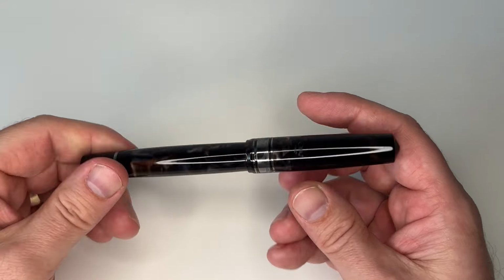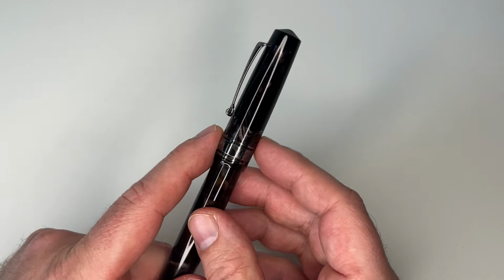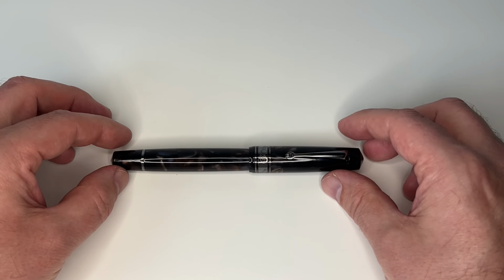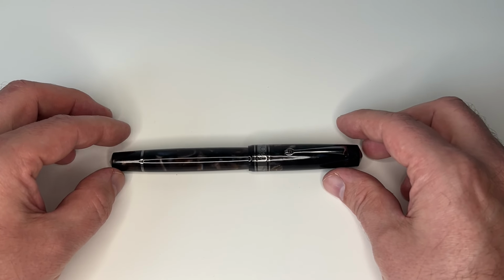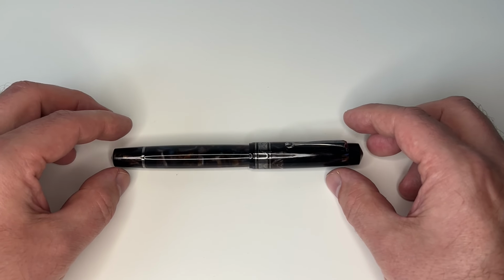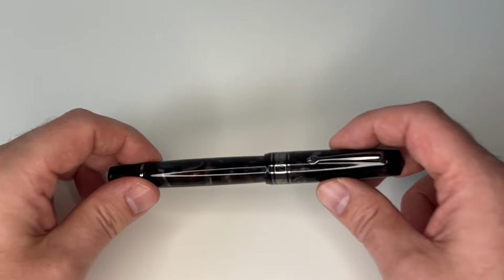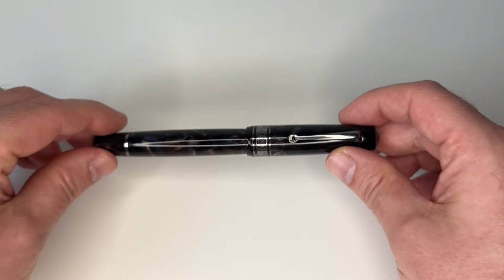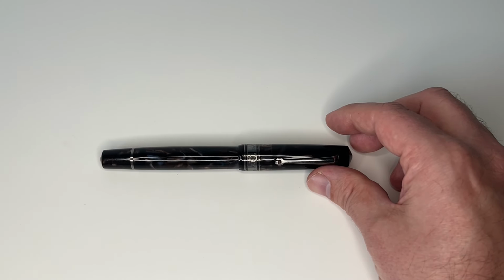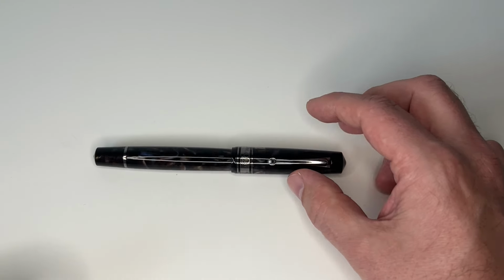So apart from this otherwise being a very beautiful and wonderful pen, these rings not sitting completely flush and the cross threading, as said, is something that, for a pen with that type of heritage and history and that price level, is maybe a little bit unnecessary, but it in no way hampers the functional qualities of that pen. One thing that I want to point out is that this pen is very reminiscent in design